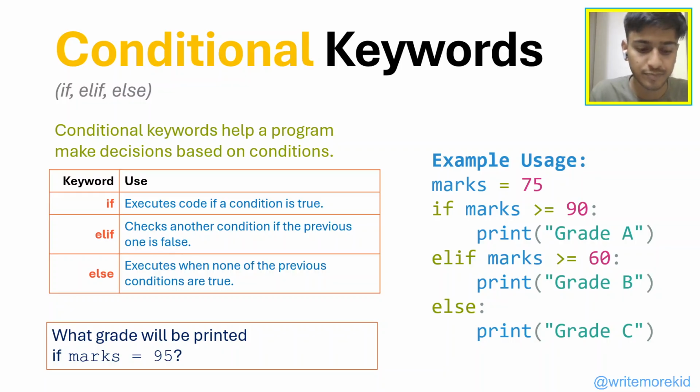A program to tell whether a person is eligible to vote or not. So we need to take the input of their age. If age is greater than or equal to 18,